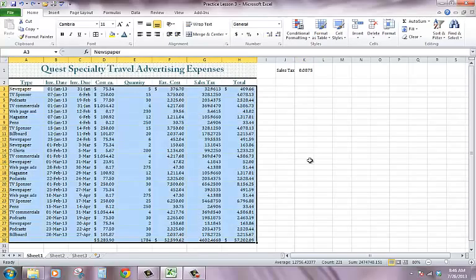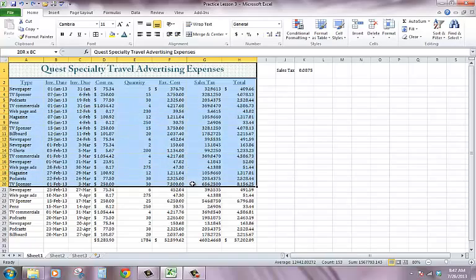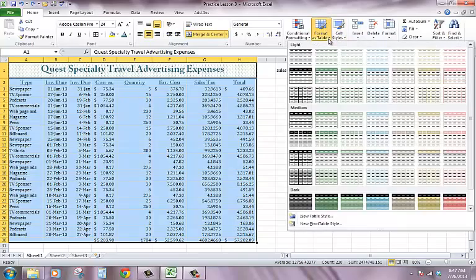I'm going to undo that. An alternative to formatting the table yourself is to choose from a set of pre-built table styles. And again, this is really similar to when we did our tables in Word. I'm going to select all of my data, and then on my Home ribbon, I have a Format as Table option. And within that are a lot of different